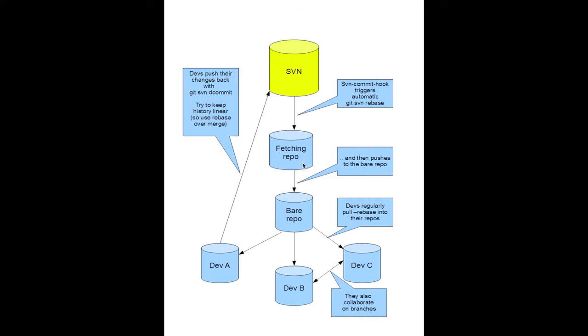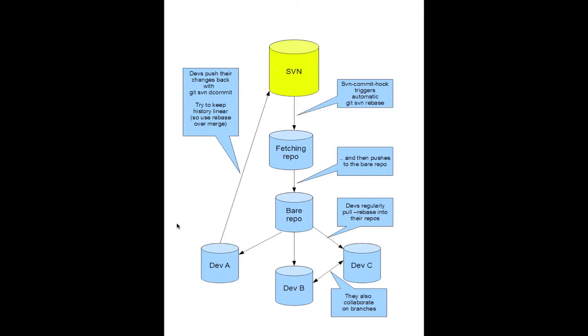And after having converted Subversion commits into Git history, it pushes these changes into a bare repository, a centralized Git repository, which has some advantages, basically making sure that everybody can pull in the same Git Subversion history without having to clone and rebase against the Subversion repository themselves. They can instead just pull in the latest changes from this bare repository. And when they want to commit back, it's not allowed or wise to push back to the Git repository, but better for each developer to commit back to Subversion directly using the git svn dcommit command,